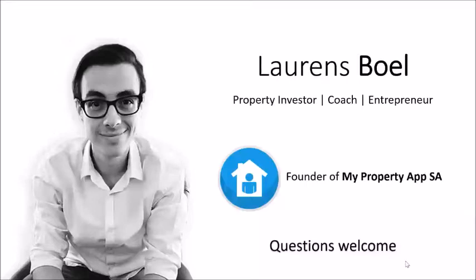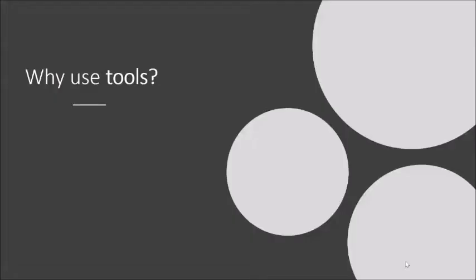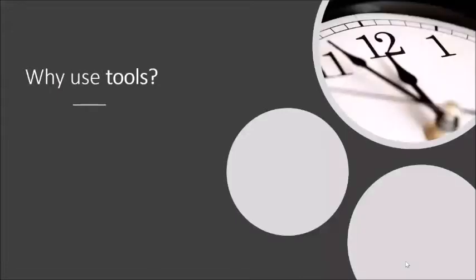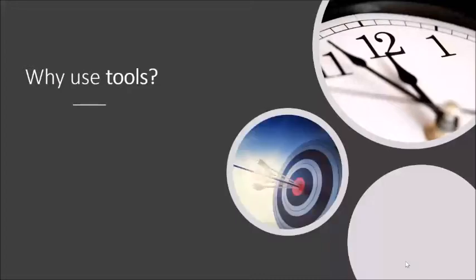Now, why should we be using tools, be it My Property app or several others that we'll be speaking about tonight? The reason is, one, a tool helps you save time, which, in a very competitive industry like property investing, gives you a competitive edge. Number two is accuracy. If you use a tool with sound formulas, then you know you're getting the right outcome. The last and final part of using a tool is that you remove human error and back-of-a-napkin analysis. There are things that you are undoubtedly going to forget or potentially miss. Using a system that's underpinned by the right formulas will make sure that you don't make those mistakes.